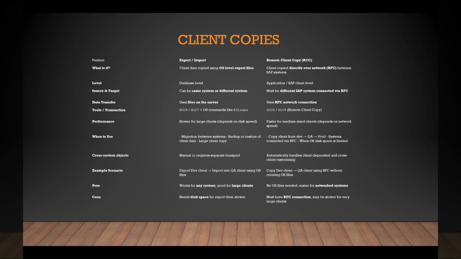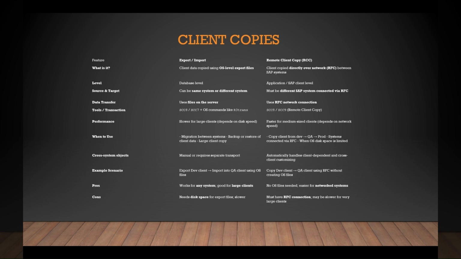You can take a snapshot of this table and keep it handy and eliminate the points that you find difficult. Read everything, as it will be easy for cross questioning, but if the question stops here, you can keep in mind the easiest points that you have. For example, RFC connection in export import, you cannot use it. Then space, in export import more space is required.